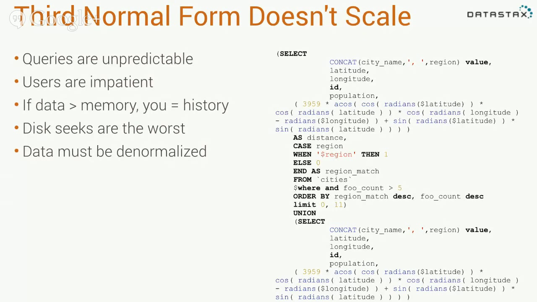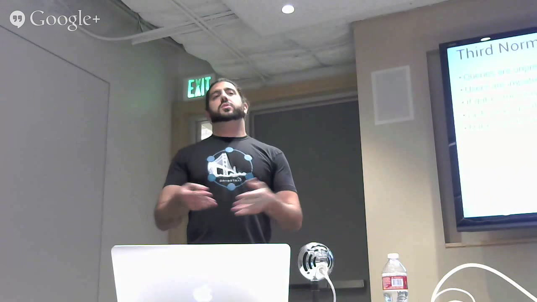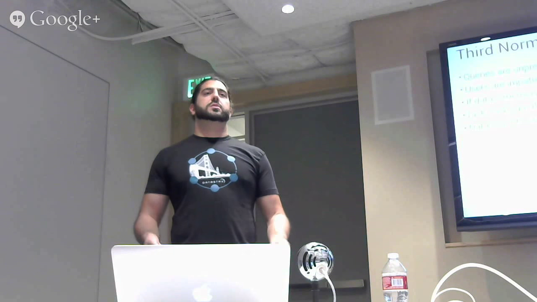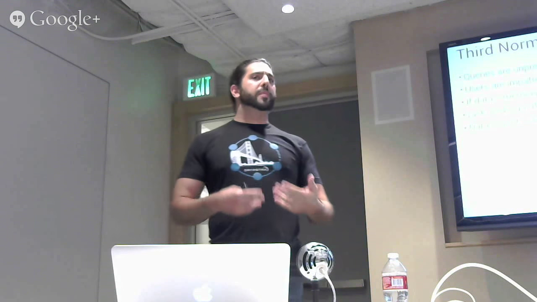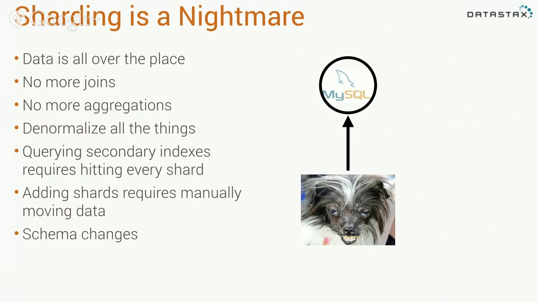So what you find is you need to start denormalizing your data in order to query it more efficiently. You don't want to have to query and join two tables. Instead, you copy things around. Maybe you copy my username everywhere because that's something that we display. And it becomes a lot more efficient because we no longer need to join two tables and do a ton of disk seeks. The next thing that we discover is that sharding becomes a nightmare.